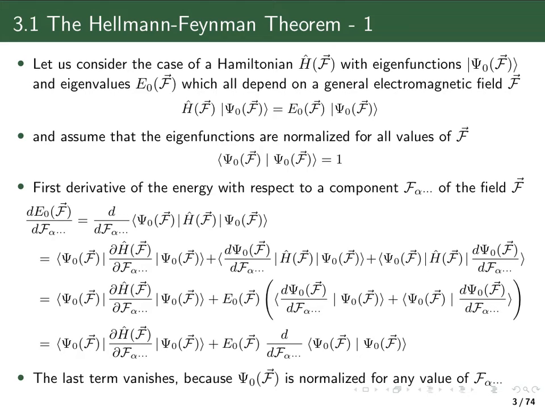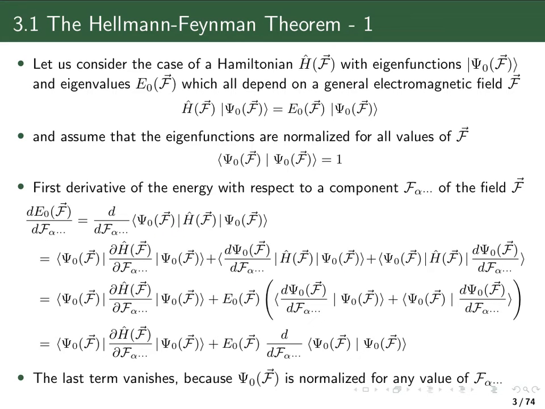And I've written it here. In the first term I take the middle one, so I have the derivative of the Hamiltonian, and you can see I switched the notation from these total derivatives to partial derivatives, because for the Hamiltonian we have the expression as we derived in the last section, and it explicitly depends on the field. So here we have the expectation value of the partial derivative of the Hamiltonian with respect to this component of the field. And then in the next two terms we have the derivatives of the wave functions,